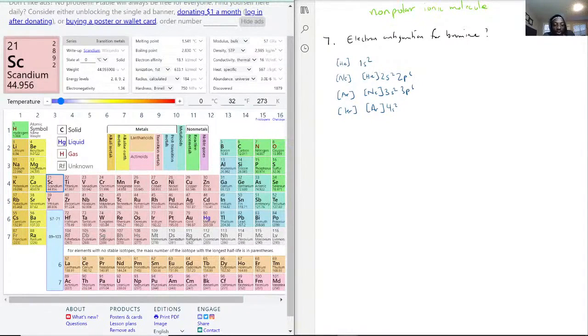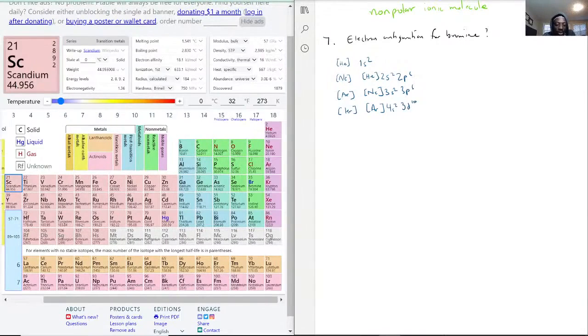it'd be 3d1. So you've actually gone back a shell and you start counting there. So 3d1, 3d2, 3d3, 3d4 on the chromium, 3d5 on the manganese, 3d6 on the iron, 3d7 on the cobalt, 3d8 on the nickel, 3d9 on the copper, and 3d10 on the zinc. Then you go back to counting as regular, where it would be 4p1, 4p2,